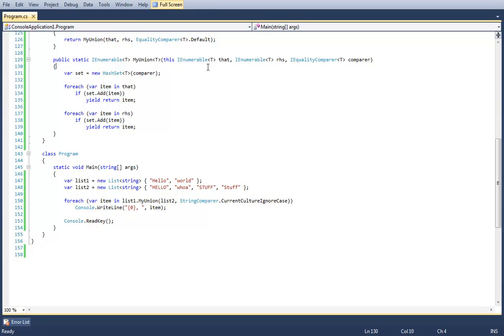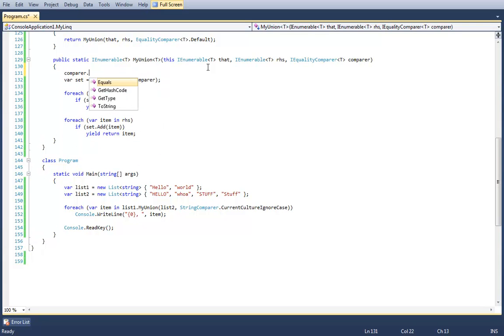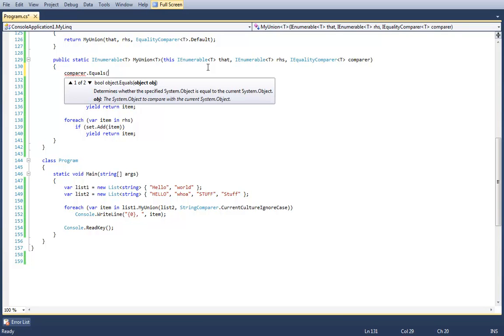IEqualityComparer has one method on it. If you look at it, it's just Equals, which is funny because this is the overload of Equals that's forced to exist, since anything that implements IEqualityComparer has to inherit from object, and object has the Equals method on it. But if we look at the second overload, that's the only method that IEqualityComparer is required to implement, which is Equals(T x, T y).